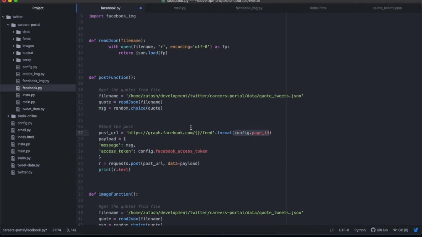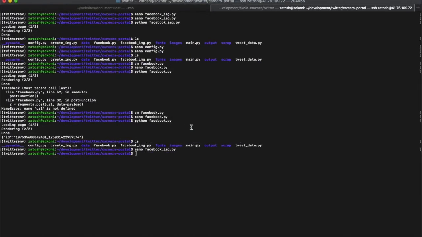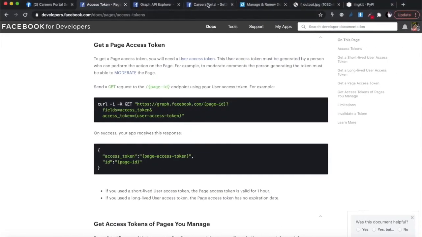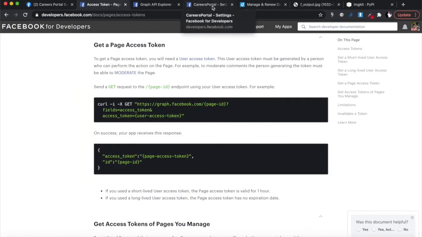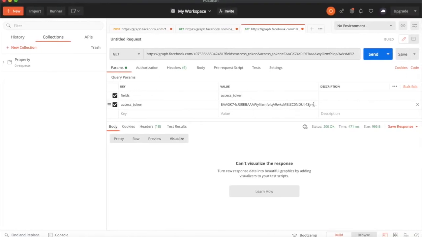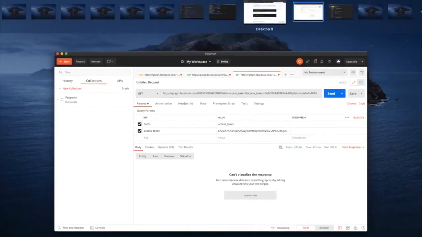I won't show you the config file because I don't want to show you my long-lived access token, all right? What you're seeing here is just the first 5 digits of it. Whatever, you know, on the Postman, it's just like the first 10% of the token. The token is really, really long, all right? So that's why I don't want to show you the